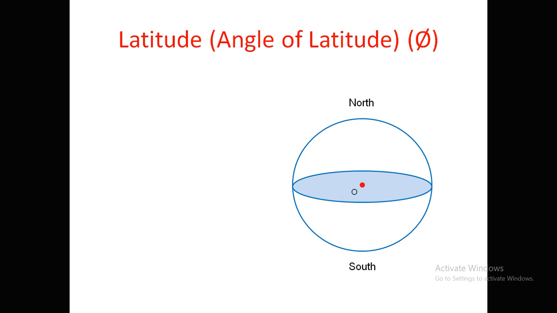As I have considered the equatorial plane, you need to consider that the earth is a sphere, not a circle. Okay, this is the circle, this is the sphere. That means we are considering it in 3D, a three-dimensional figure. So please keep that in mind so that we can understand better. So this is the equatorial plane. This is a line joining North Pole to South Pole. This is a point on the Earth's surface. That means if Earth is a sphere, this is a point on the Earth's surface, and we need to calculate the latitude at that point only.